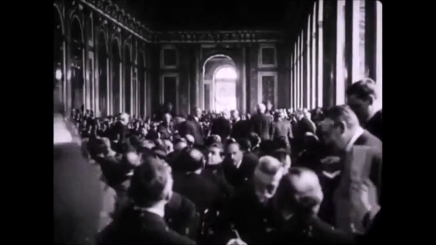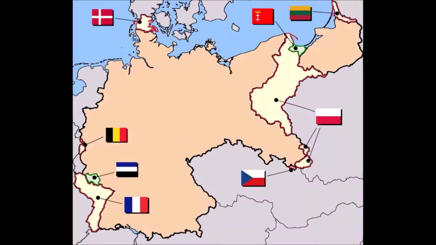German Reparations Part 1 established the covenant of the new League of Nations, which Germany wouldn't be allowed to join until 1926. German Reparations Part 2: Germany's boundaries would change, giving Eupen and Malmedy to Belgium, Alsace-Lorraine back to France, a substantial Eastern District to Poland, and Czechoslovakia, Memel to Lithuania, and Northern Germany to Denmark.